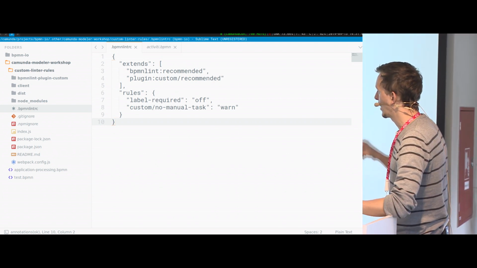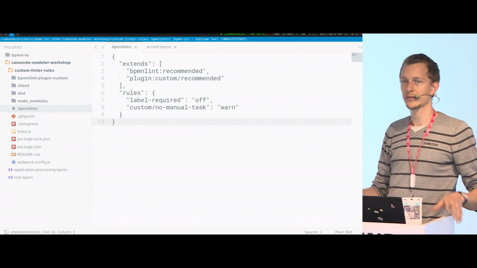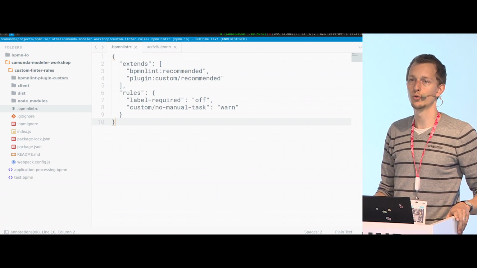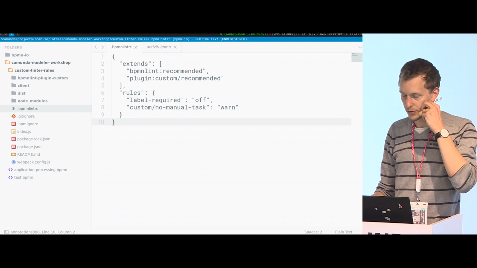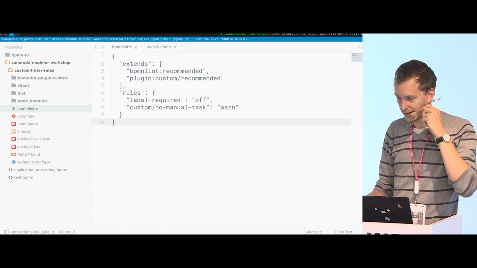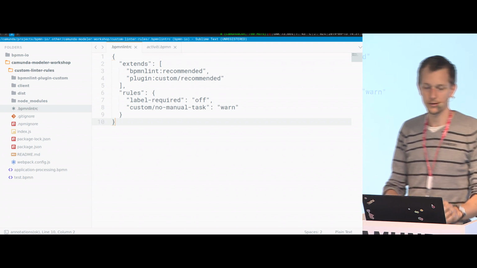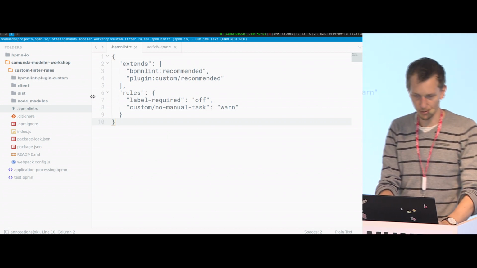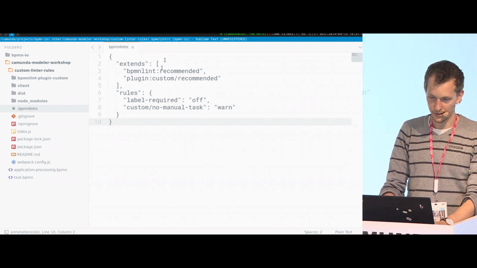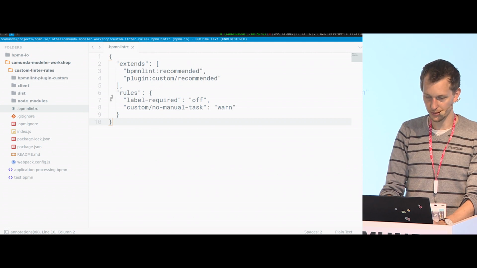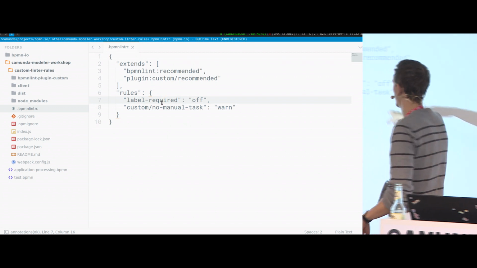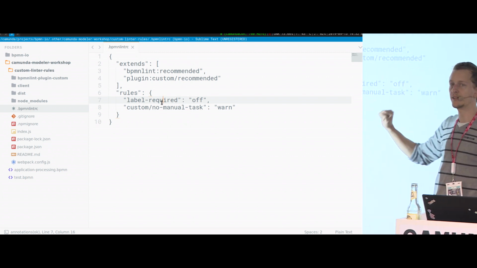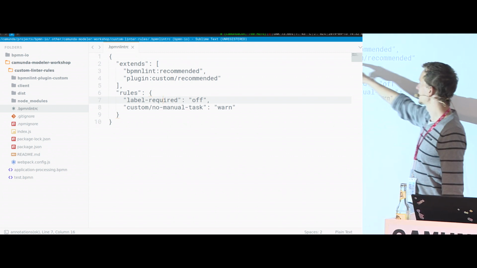What I want is to get all of us to the point where we can actually implement our own rules and also get a feeling for what it means to implement our own rules, to hopefully convey that it's not super impossibly complicated, but doable, and to give you the freedom to play around with it. So this not only configures the label required rule, but as you may have recognized, it also has